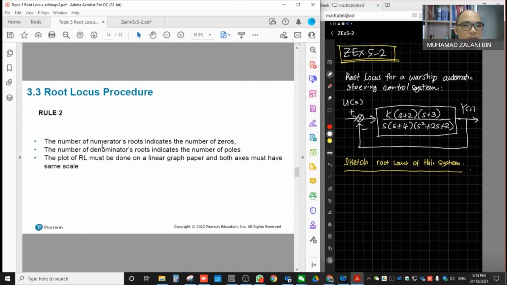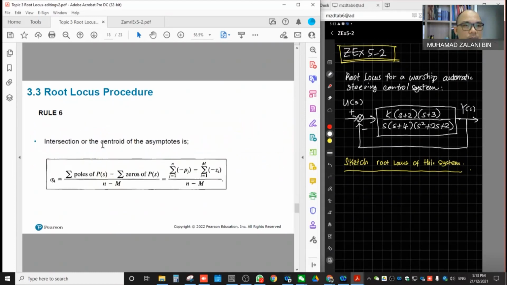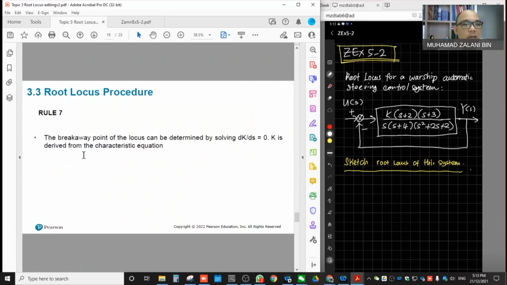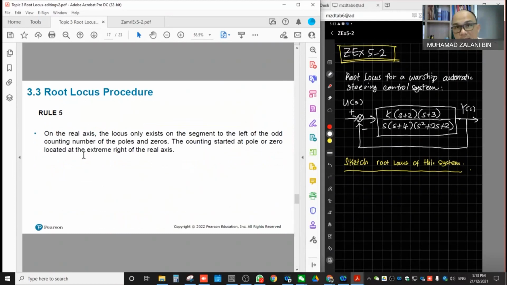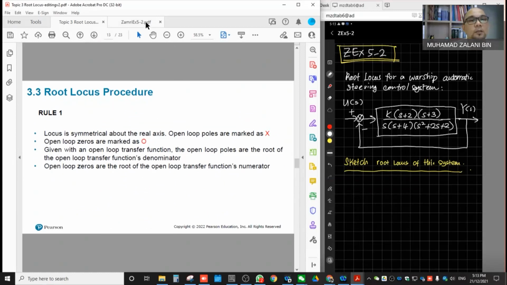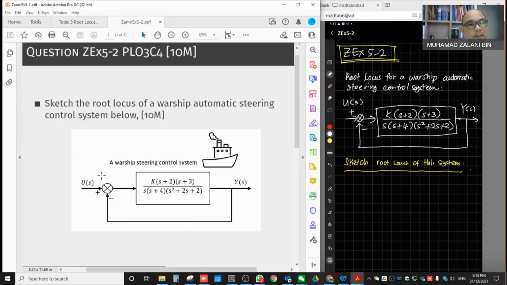So we have 1, 2, 3, and so on until 10 rules. But basically, when we sketch a root locus for any question given to us, it depends on the question. Not all of the rules need to be followed, but based on this question,